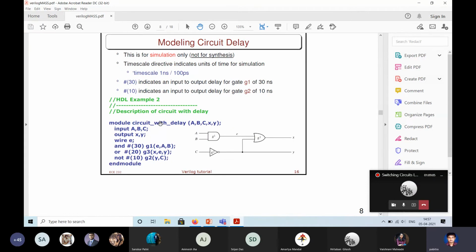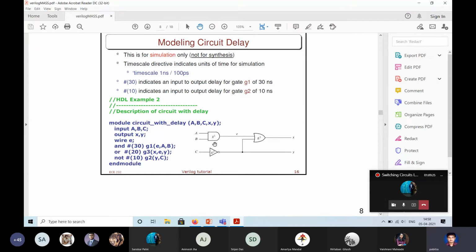One more thing we will need, particularly for simulation, is a delay. This #30 means that G1 is an AND module with a delay of 30.